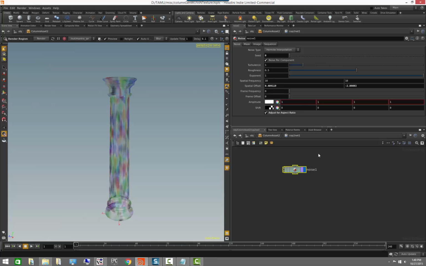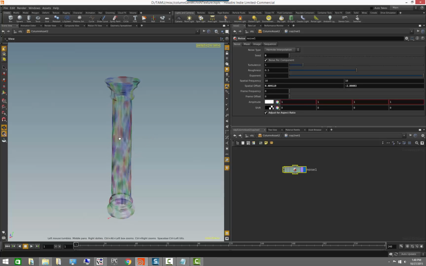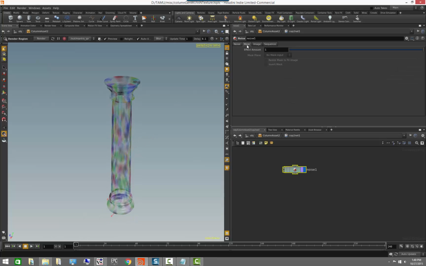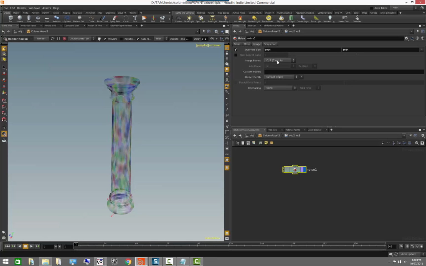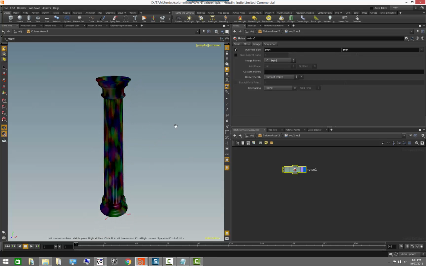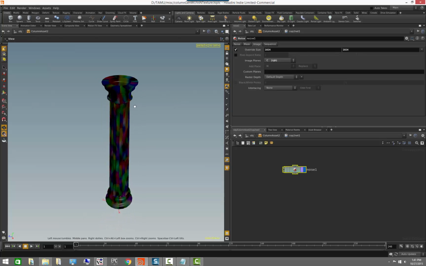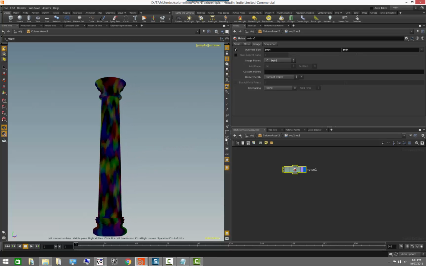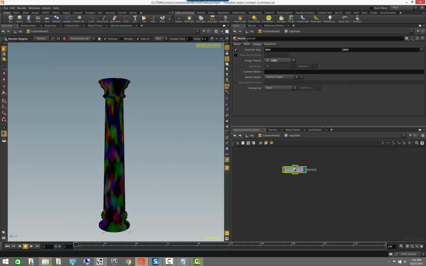So one thing I want to do, for example, is to get rid of the alpha channel, okay? So let's go to my image tab, and see where it says image planes. Let's switch to only outputting the color channel. Okay, so now we're looking at just the color channel. We can even click on this to disable the lighting and just look at my texture flat shader, and we can see the effect of the noise in here. Okay,